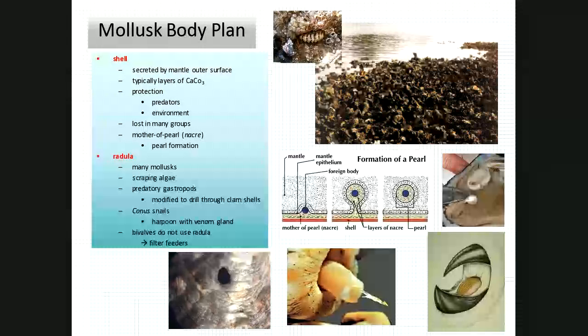And a little piece of some foreign body, a little piece of dirt, gets in there. So what the bivalve does is it continually begins to wrap layers and layers and layers of nacre around that foreign body until you eventually make that pearl. So inside of a pearl is some sort of piece of sand or some irritant that made its way into the mantle cavity of this organism. And not all pearls are perfectly round, of course, because they don't form that way.